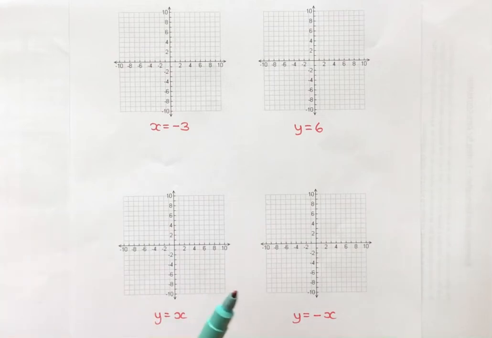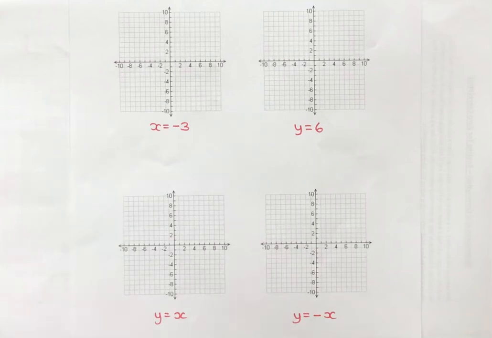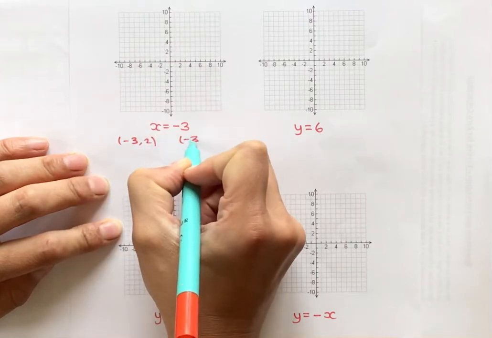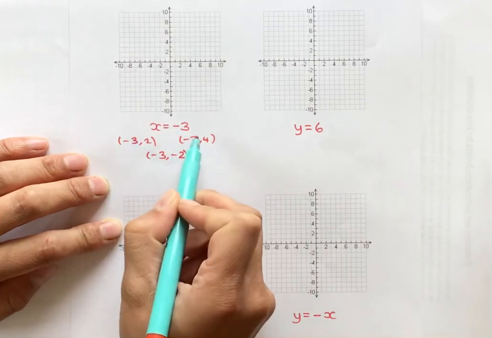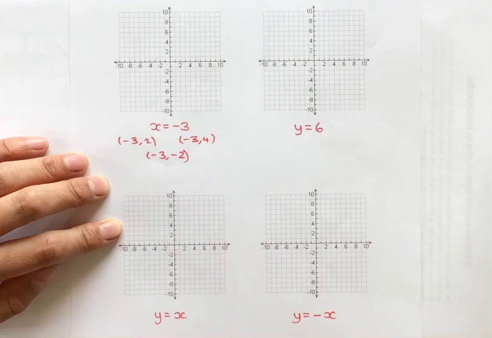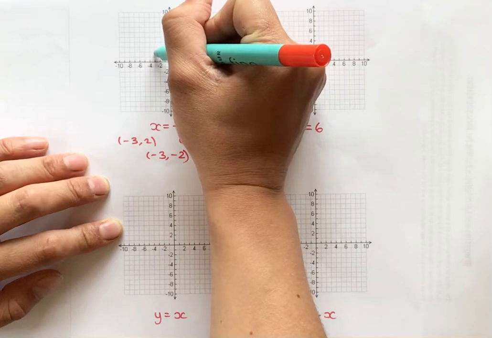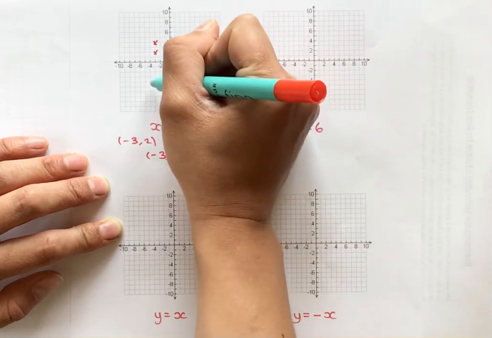So I've put on this sheet of paper 4 graphs and the equations of 4 lines. x = -3 is our first equation. And what that tells us is that any point on that line has an x coordinate of -3. So some examples of points that could be on the line are (-3, 2), (-3, 4), (-3, -2), anything which has an x coordinate, a first coordinate, of -3. So if I plot some of these points, (-3, 2) would be there, (-3, 4) would be here, (-3, -2)